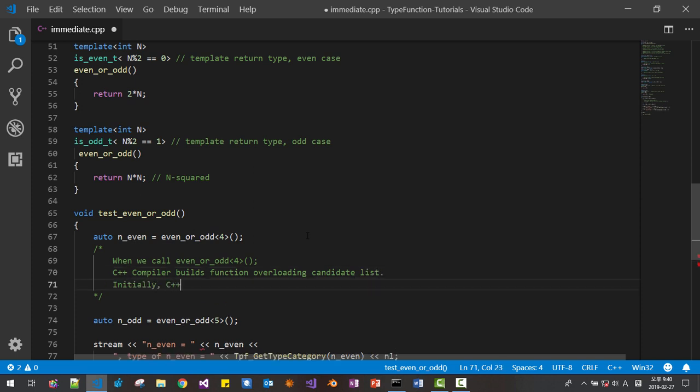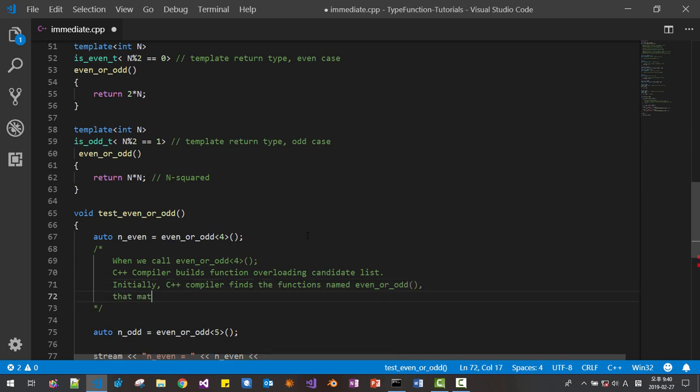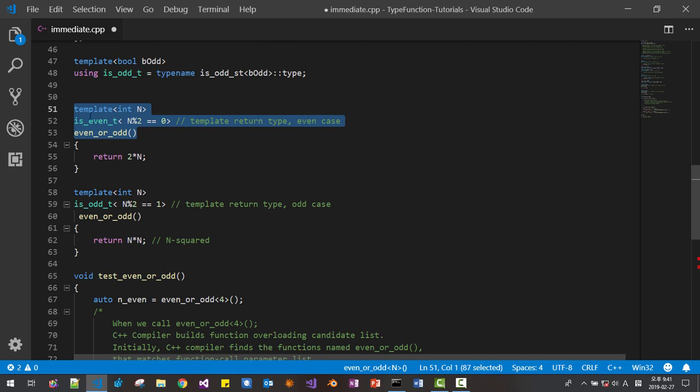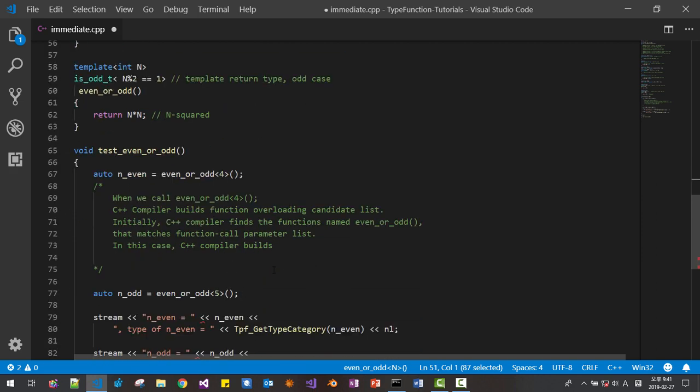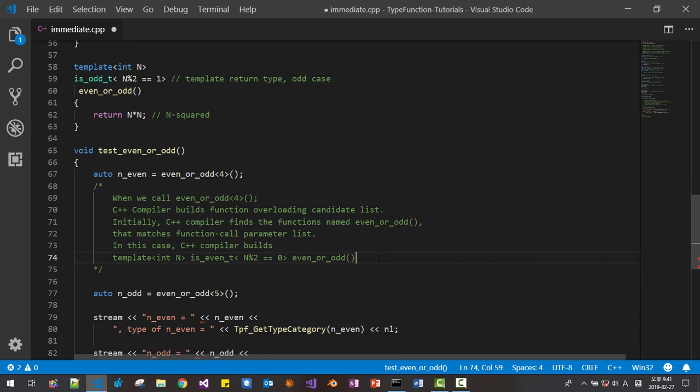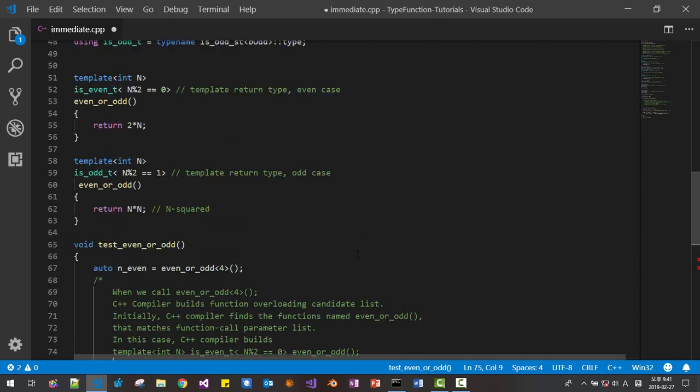Initially, the C++ compiler finds the functions named even or odd that match the function call parameter list. In this case, the C++ compiler builds this function and this function.